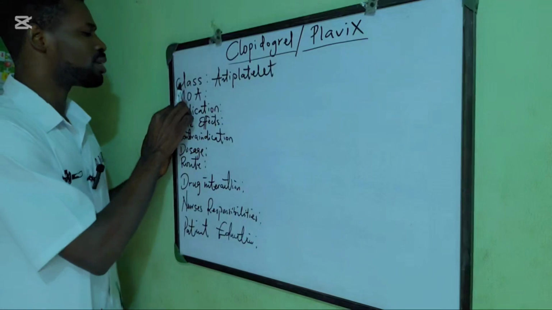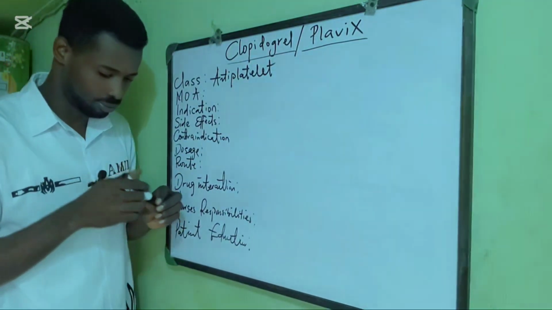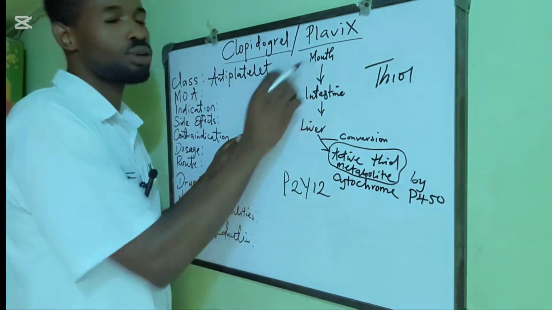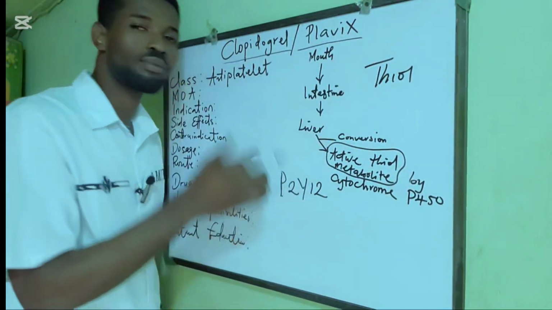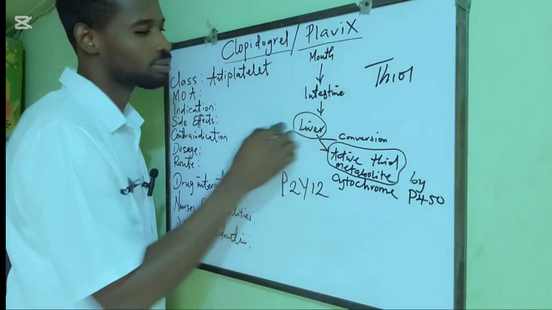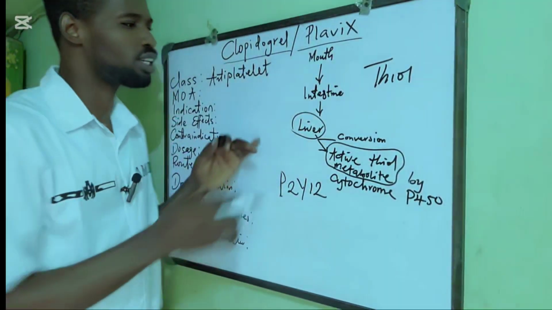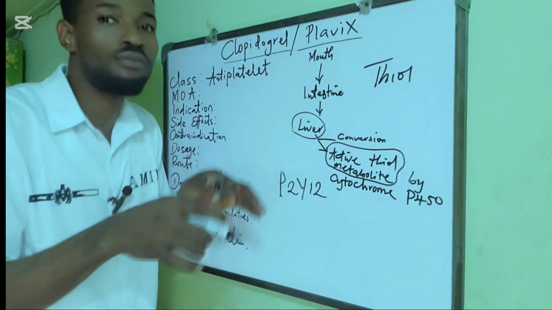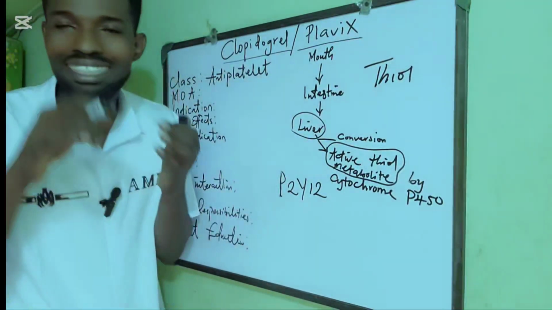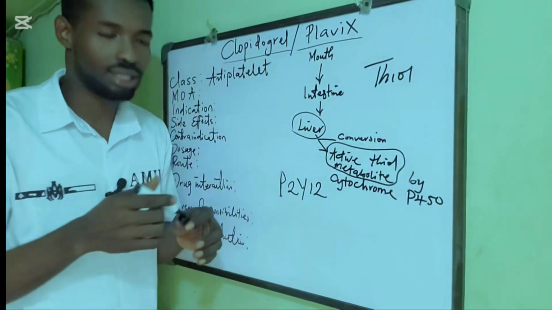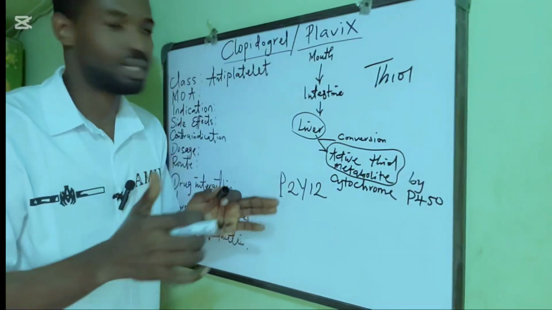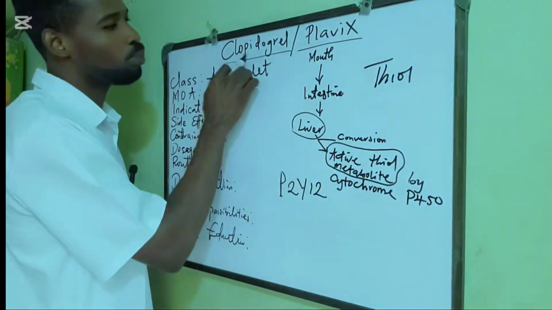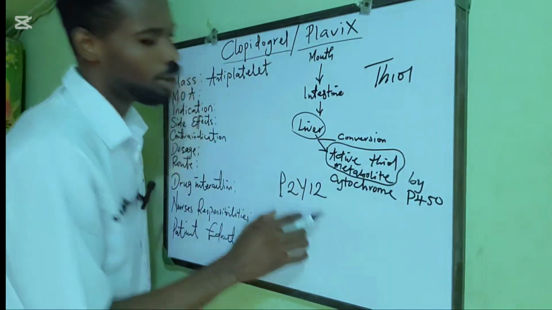Now we're going to go into the mechanism of action. When clopidogrel is taken through the mouth, it goes to the stomach. From the stomach, it moves to the intestine. From the intestine, it moves to the liver. The reason this drug needs to get to the liver is because clopidogrel is a prodrug. The active form of clopidogrel is called active thiol metabolite. When it gets to the liver, it is converted from clopidogrel to the active metabolite by an enzyme